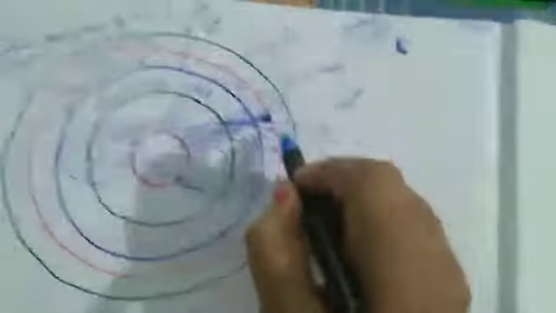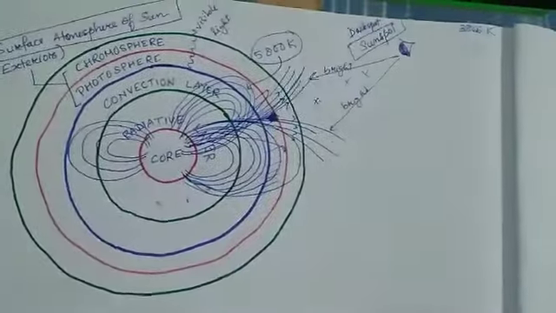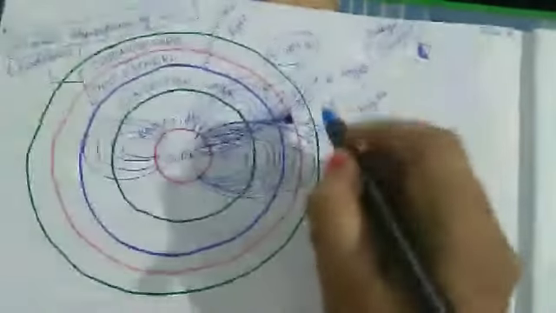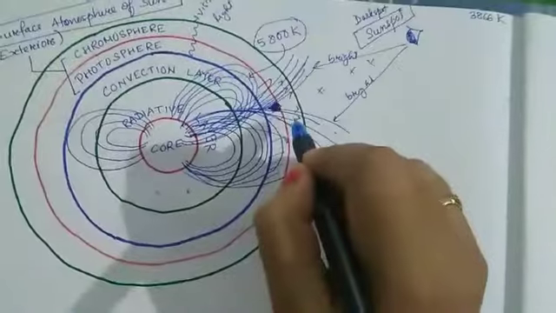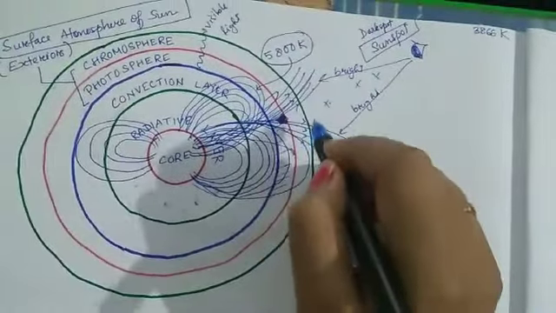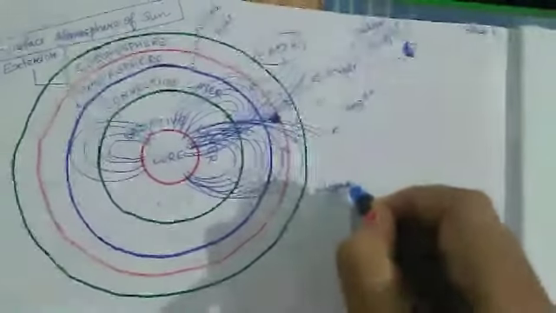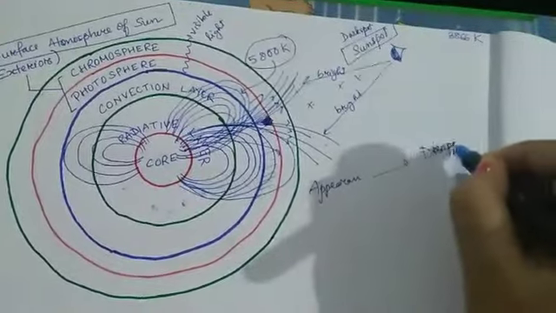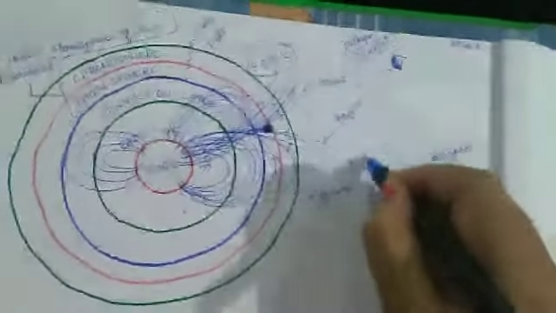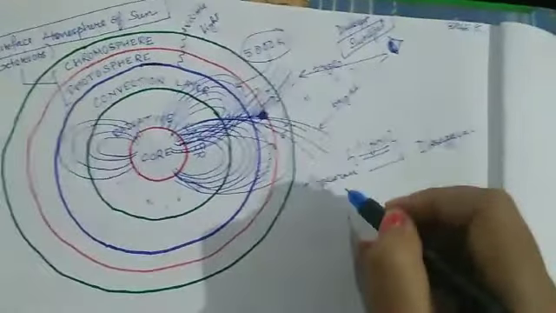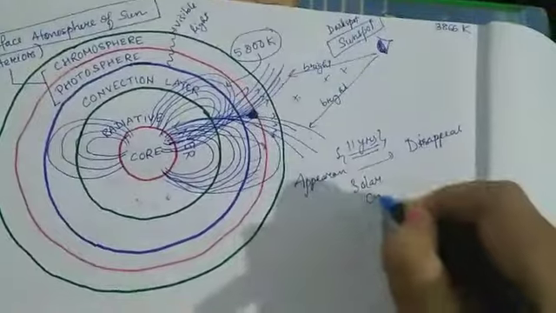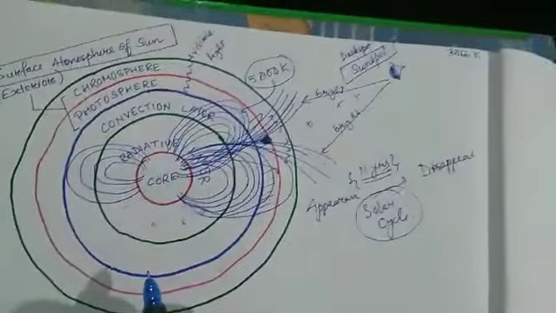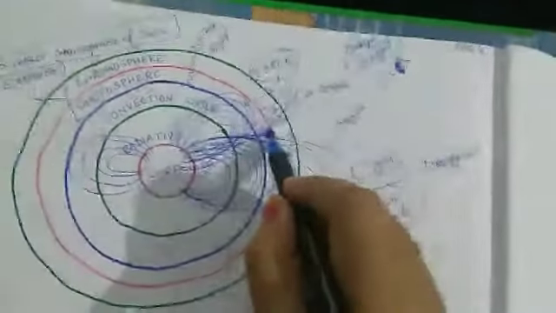And these dark spots are not constant, they keep on varying with the period of time throughout the year. They appear, and after a certain time they again disappear. They become weaker and weaker, and then they disappear. After a few years they will disappear. So this particular gap is 11 years, remember that. This is called the solar cycle.